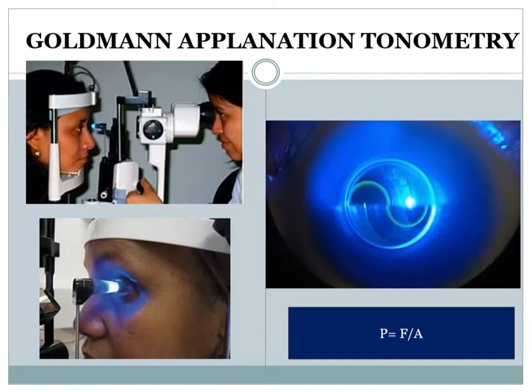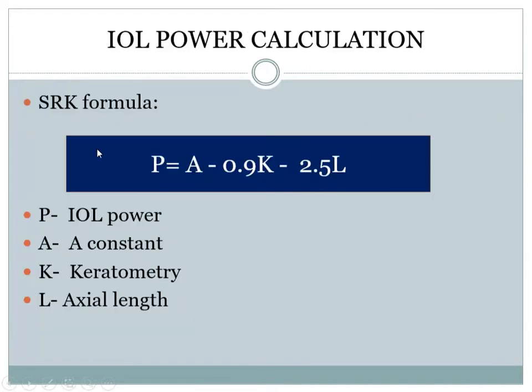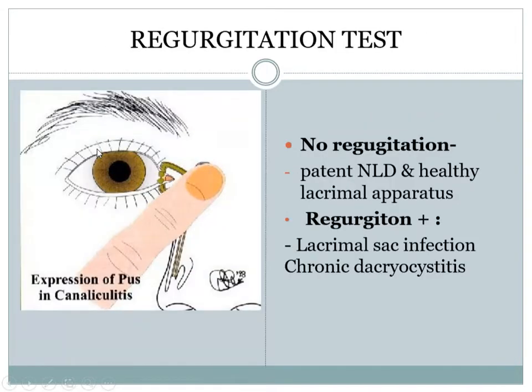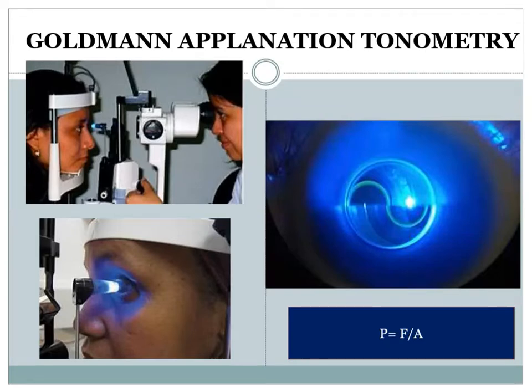So this is the picture on the left top here. This is the applanation tonometer, which is mounted over a slit lamp. Okay, so the instrument consists of two prisms which are arranged in such a way that